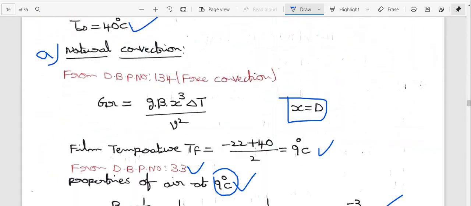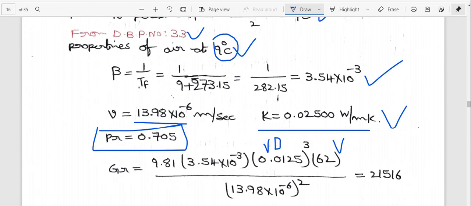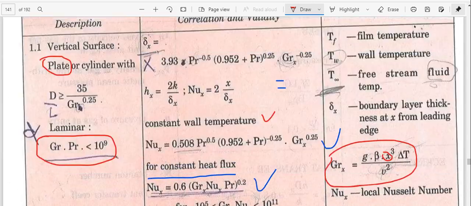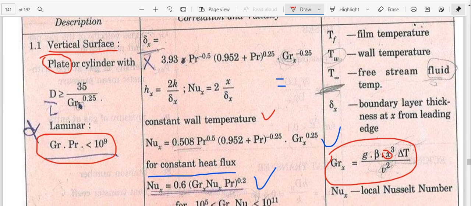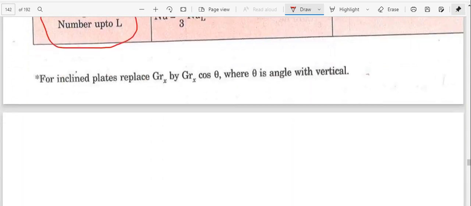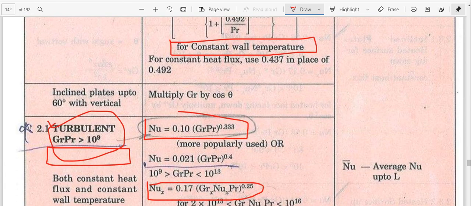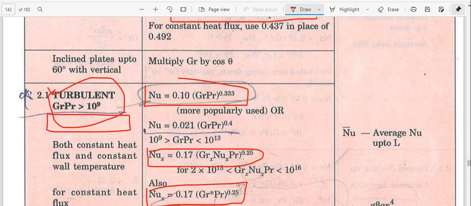This is the horizontal cylinder. So here this is the laminar flow. In the laminar flow, this is the vertical surface. Where is the horizontal surface? Here there is no horizontal surface in the laminar flow. So that's why I am considering